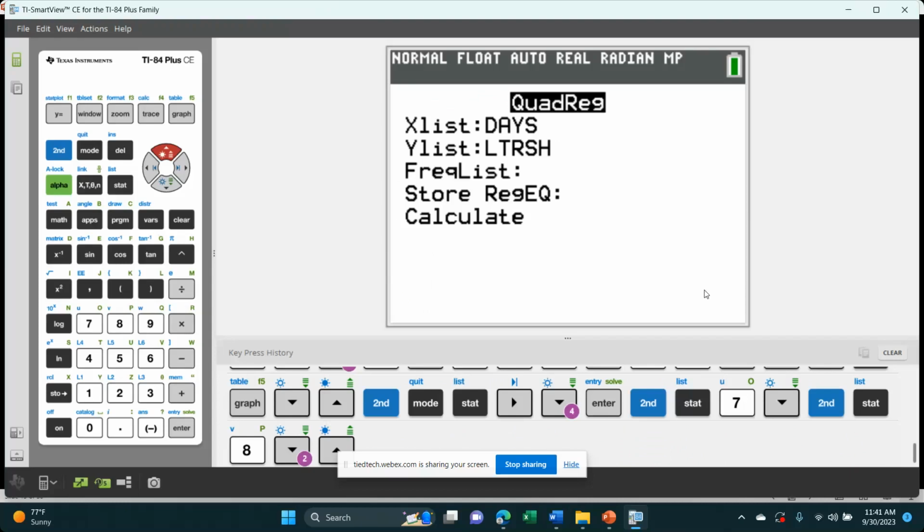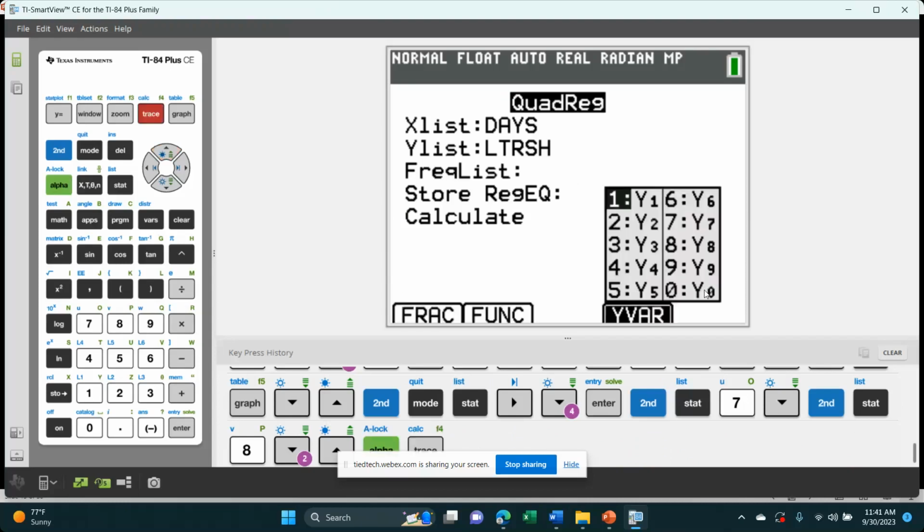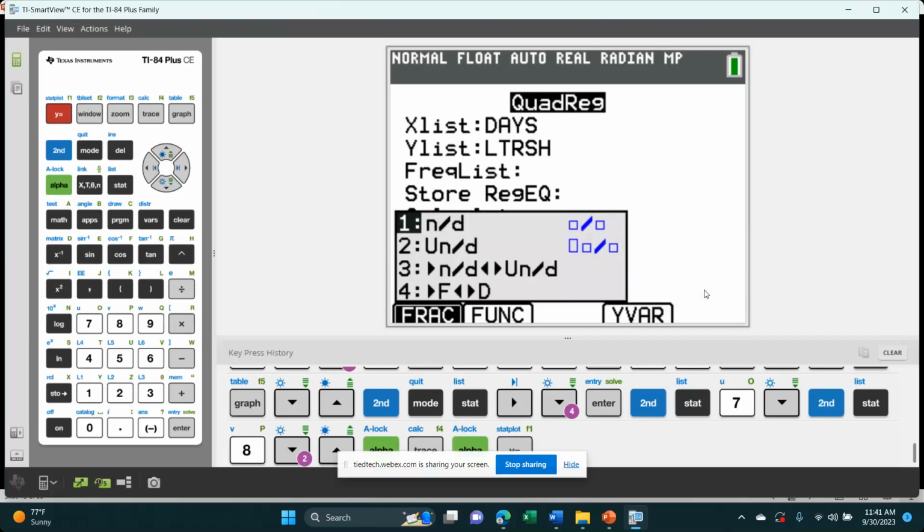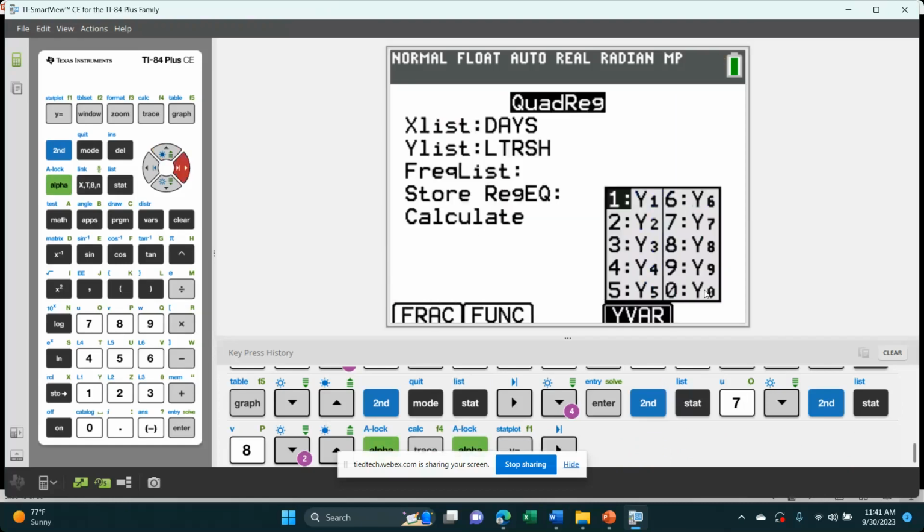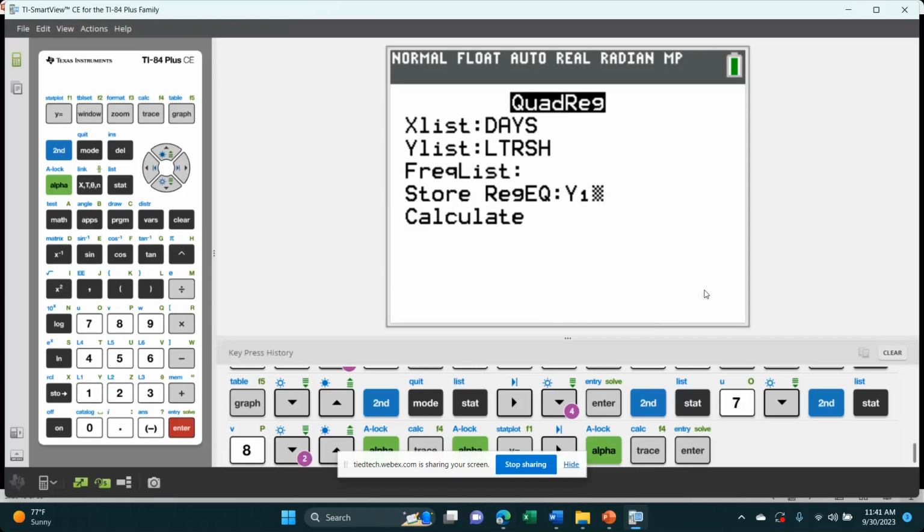So to store that, remember that a quick way to get to your Y1 is to do alpha and trace. If you haven't noticed those buttons, alpha y equals is your fractions, and you can right arrow over to get to the different menus, or you can go directly to alpha and trace. And I'm going to choose Y1 to store my regression equation. So when I calculate here,